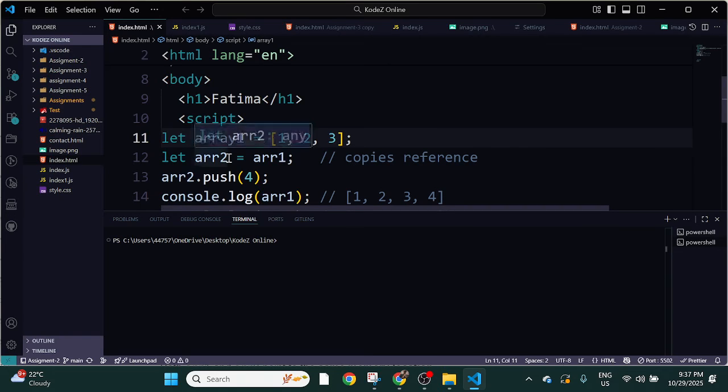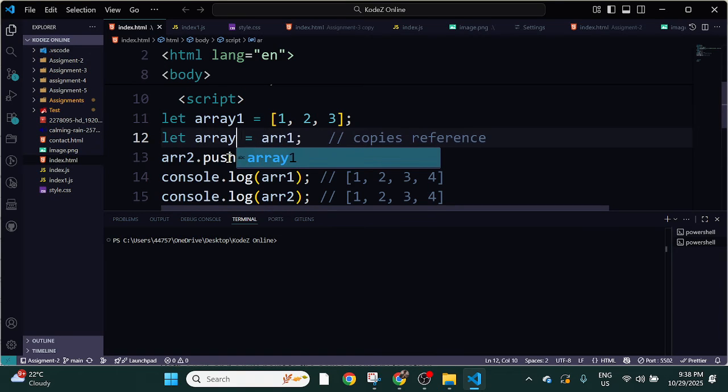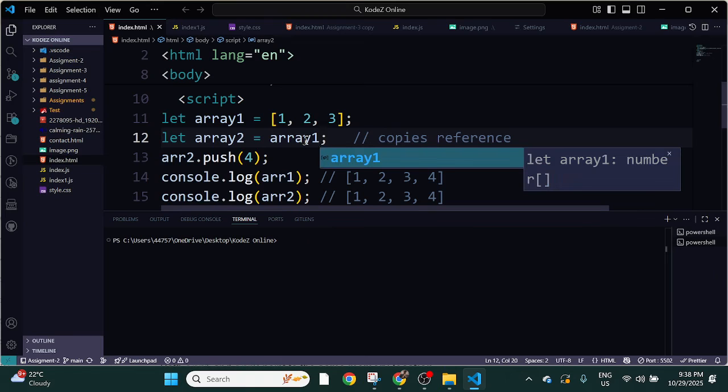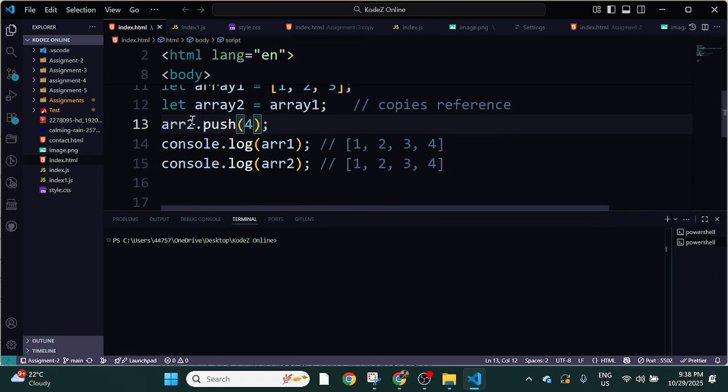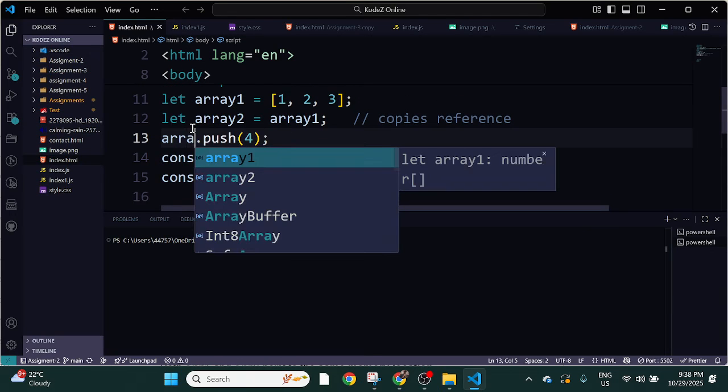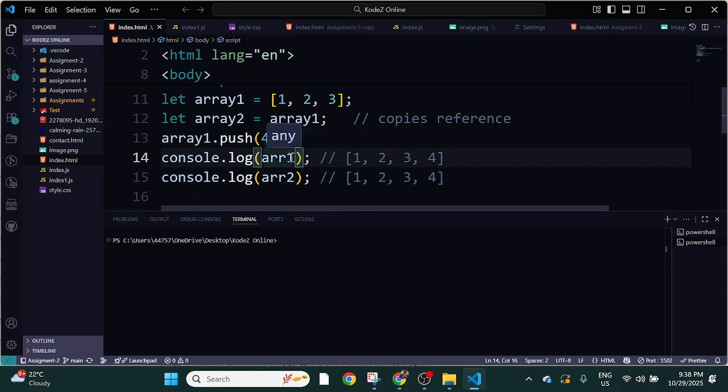Then I'm creating one more variable, like how we created before, a equals some values and then we create b. Similarly, I'm doing the same thing here. Inside it, I'm saying the value of array2 is the same as array1. Now in this array2, I am pushing one more element, pushing 4 inside it. You will learn about what push is, you don't need to worry. We are just discussing how its value is changing. So when I am consoling it,